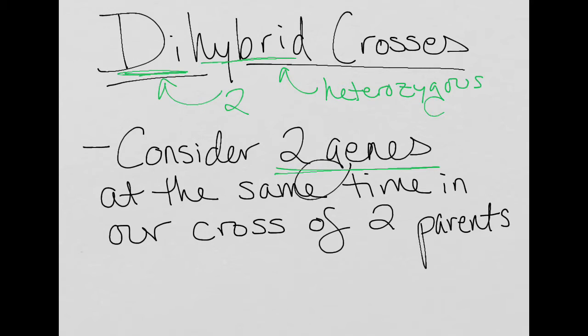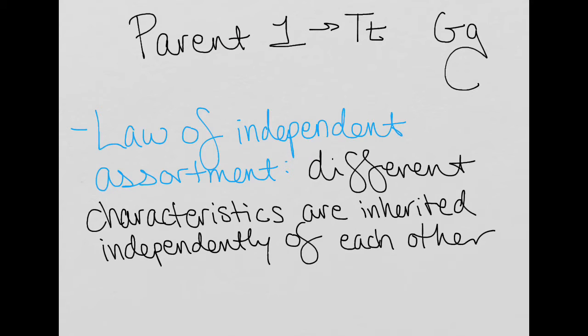But the big thing here is this dihybrid. Remember the prefix di, we've used that to mean two in diploid, dimer, disaccharide, all things of that sort. So let's just consider parent number one is a plant. It is a tall plant, heterozygous for the height trait, and it has green pea pods, and it is heterozygous for that green trait. And Mendel's third law